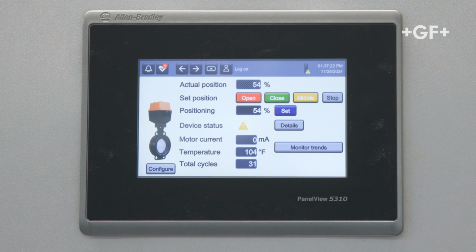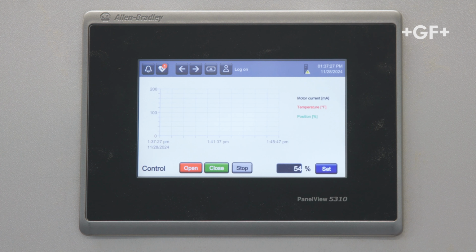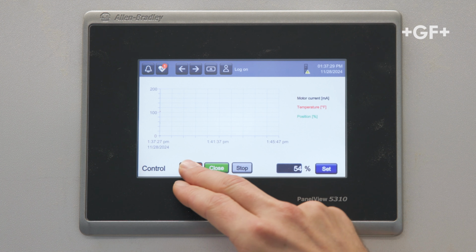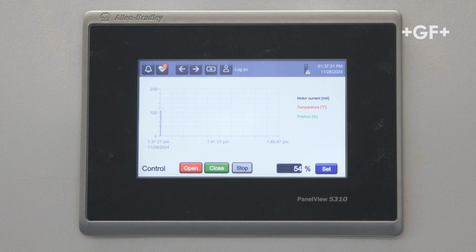Additional data from the electric actuator can be displayed, but also monitored over a certain time period, which makes it very easy to identify any abnormalities of the valve or of the process. So if the motor current, for example, exceeds a certain limit, you can be quite sure there's some kind of issue at the valve.